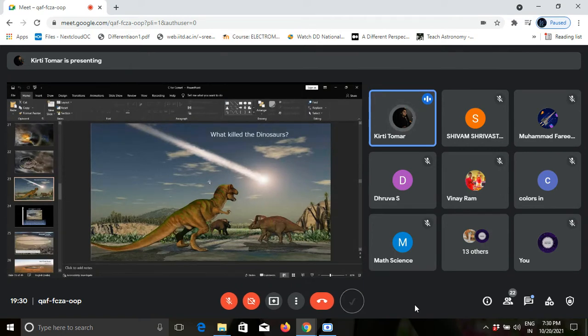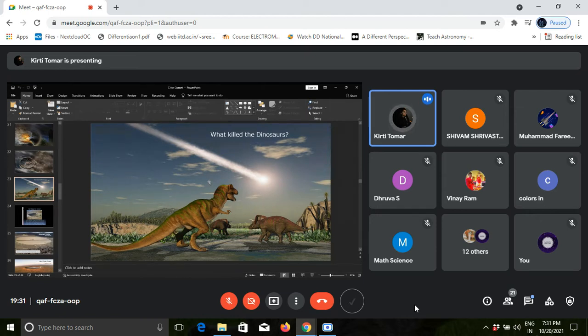Okay, so let's go ahead. So the question is, what killed the dinosaurs? We have read many theories about how the entire species went extinct suddenly. The fossil record shows that over their first 175 million years of existence, dinosaurs took on a huge variety of forms as the environment changed and new species evolved that were suited to the new conditions, and dinosaurs that failed to adapt went extinct.